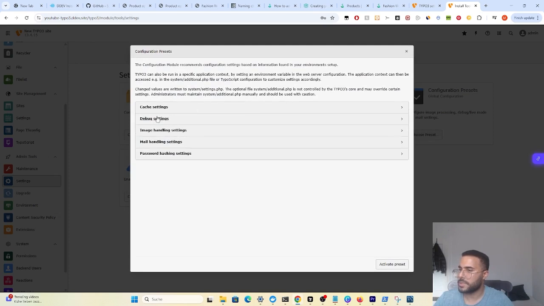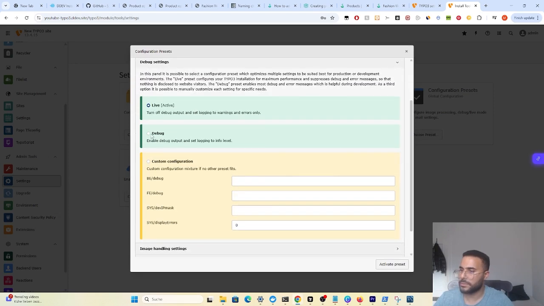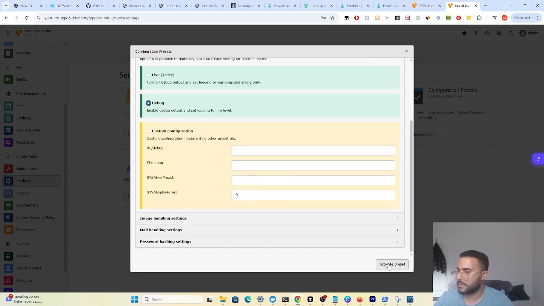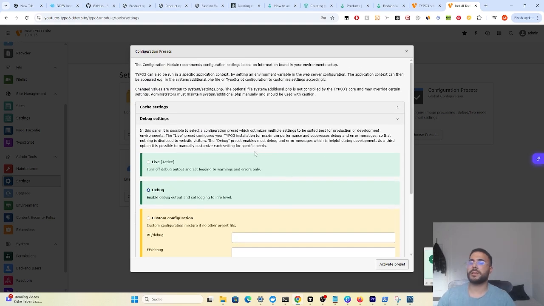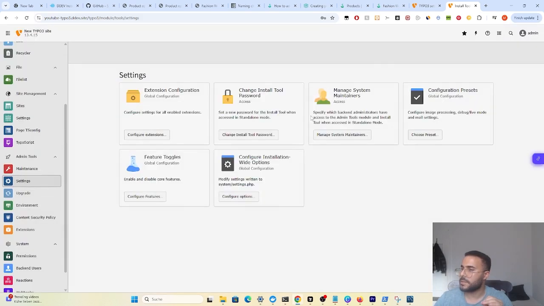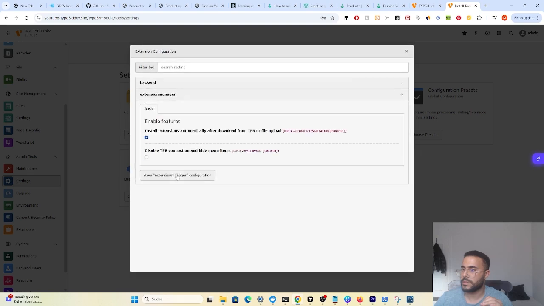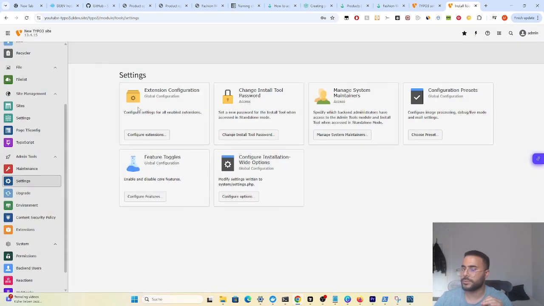We can also go here, for example, set it to debug, and do active preset. So I'm telling TYPO3 that I want to run TYPO3 in debug mode. Yeah, and guys, this is just extension configuration which we can define in our extensions, and you can